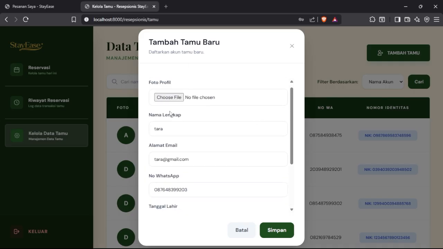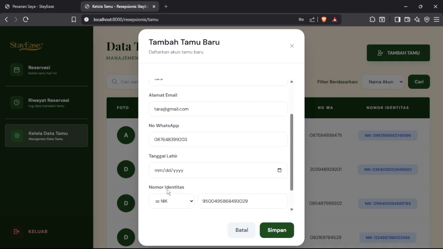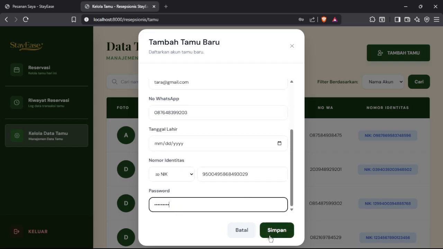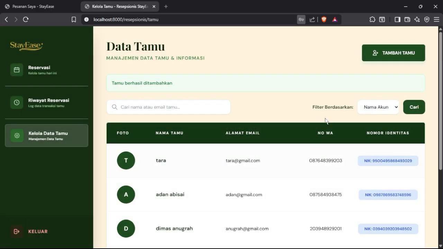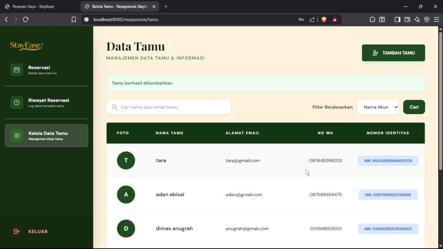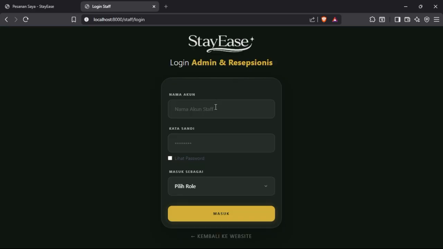The profile picture and the date of birth are optional, so you can just skip them, and then there will be a notification and the guest will be registered.